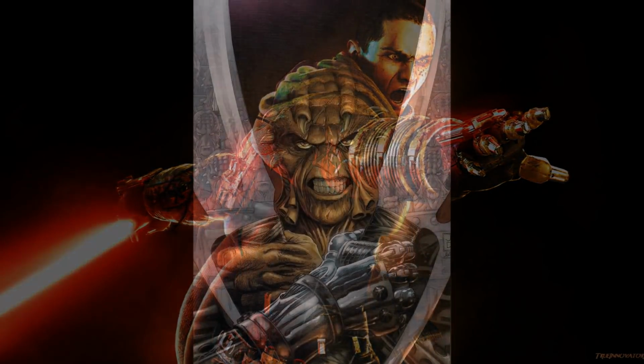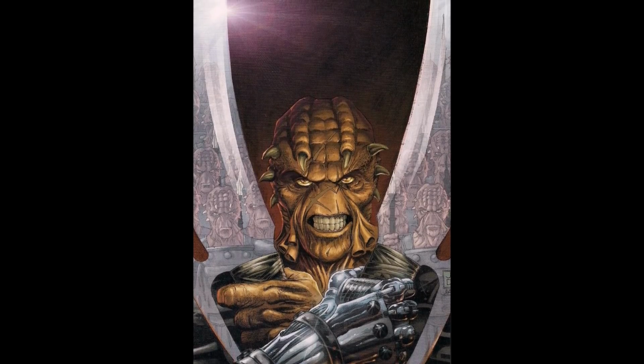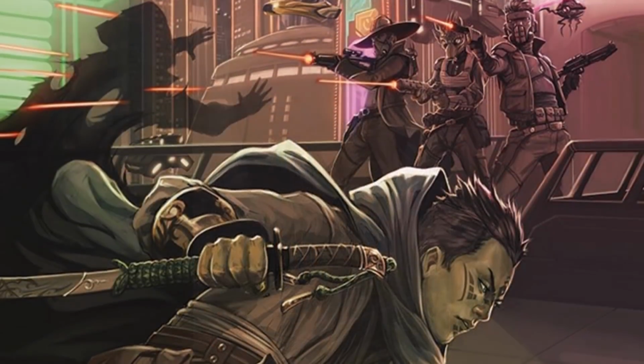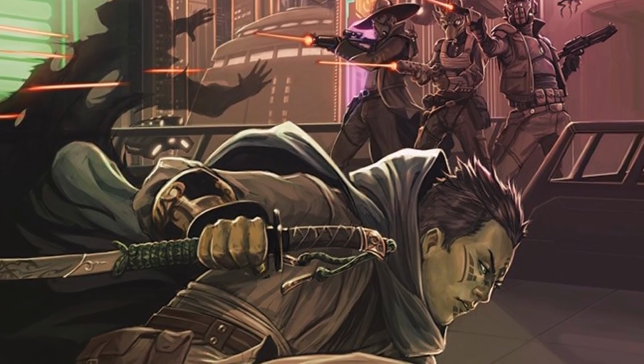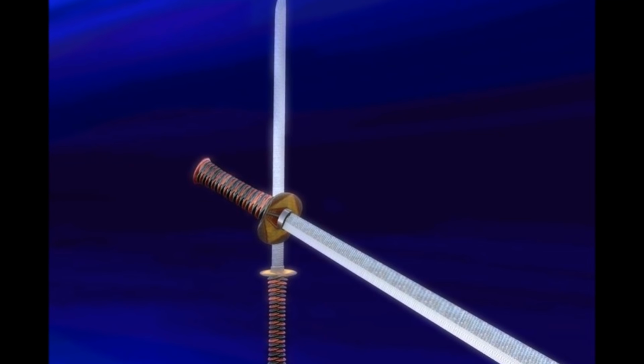Pairing the vibroblades with a material known as cortosis, however, was a different story. Cortosis was a mineral that was highly durable and nearly indestructible. The reason the weapon was so effective against lightsabers, however, was not because it was durable, but because it conducted energy extremely effectively. Cortosis conducted energy so well, in fact, that if a lightsaber were to strike it, the weapon